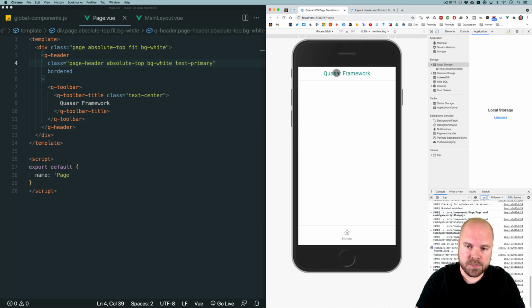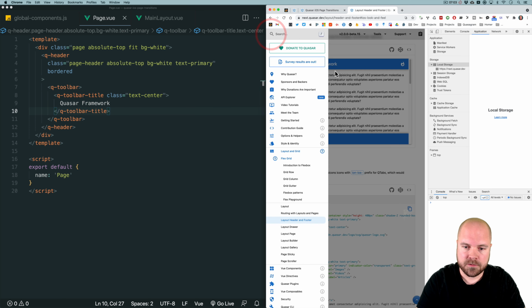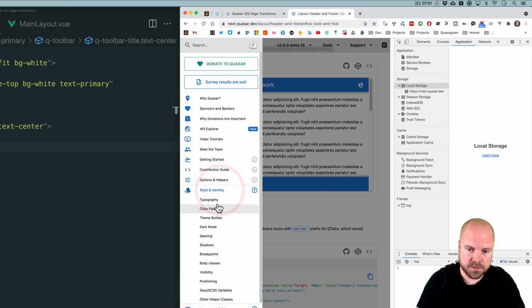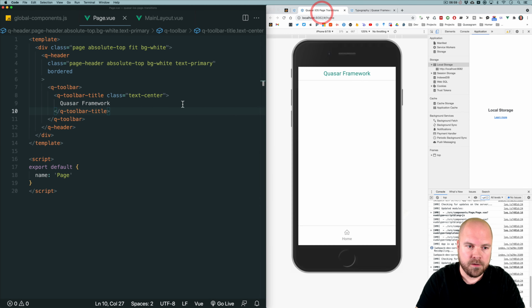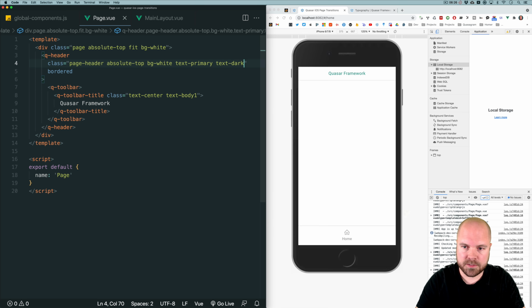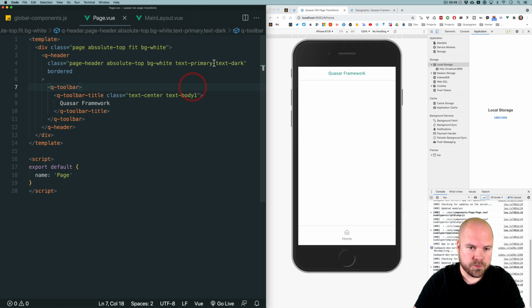And I'm going to reduce the text size of this toolbar title as well, using one of Quasar's typography classes, which you can find in style and identity and typography. So I'm going to add a class of text-body1, save that. And I also want the title in the header to use our theme's dark color. So I'll add a class to the QHeader of text-dark and save that. And that's not working because we already have a class of text primary, so I'll get rid of that class,